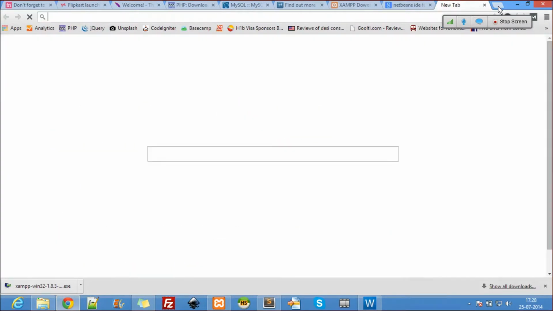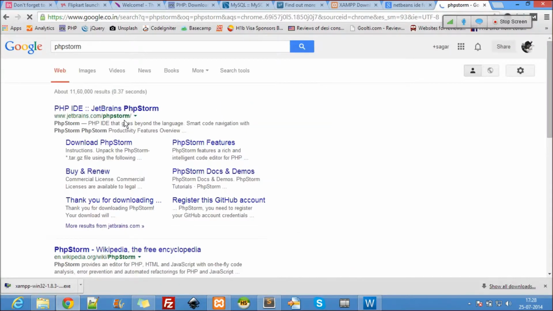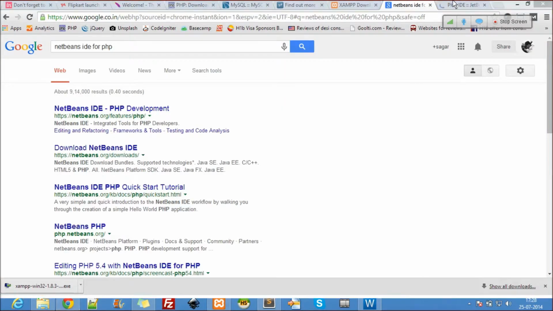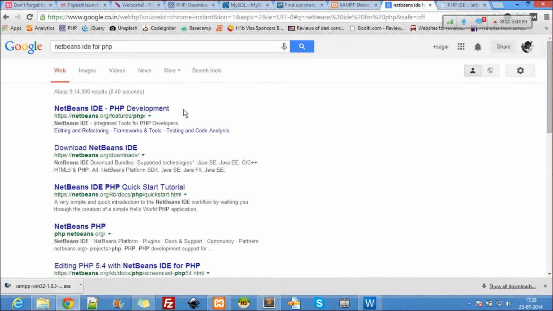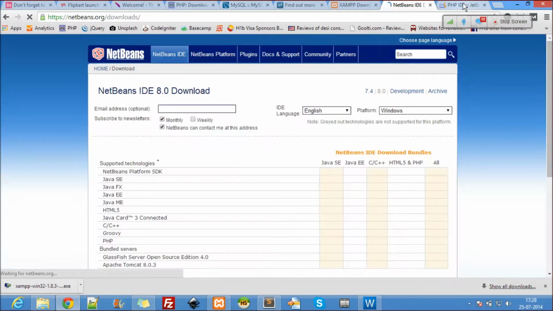And there is another one called PHP Storm, another editor for PHP. There are so many editors out there in the market, and PHP Storm is a costly, paid one, whereas NetBeans IDE is free.